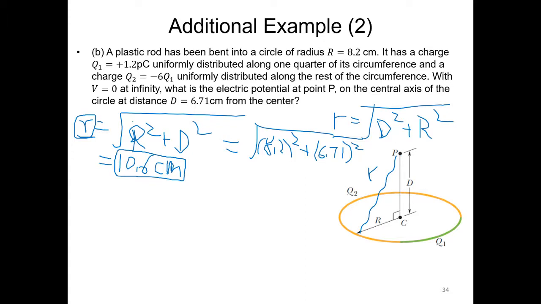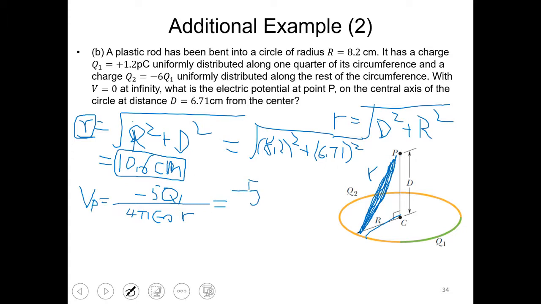And actually, VP is also minus 5 Q1 over 4 pi epsilon 0 small r in this case. Actually, the same derivation compared with the previous case. The only difference is something like this rather than this. So you plug in all the values and the answer will be 1.2 times 10 to minus 12